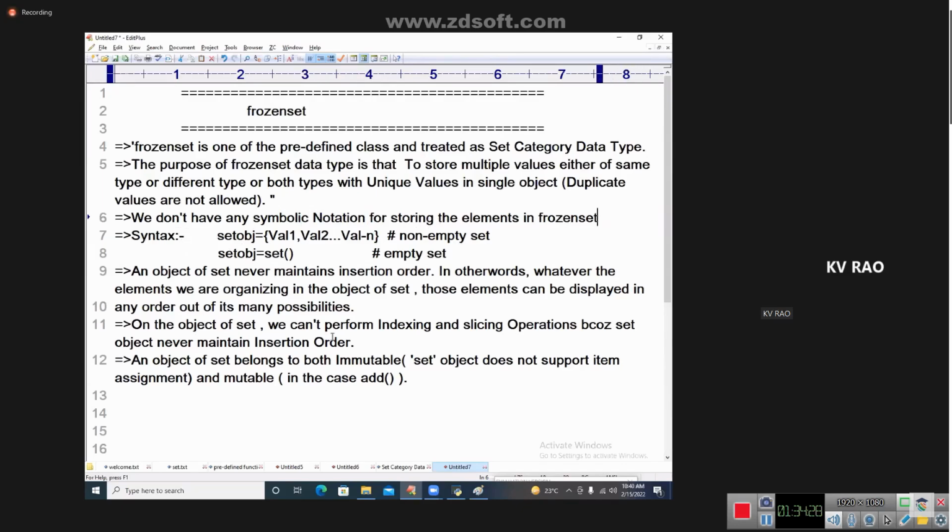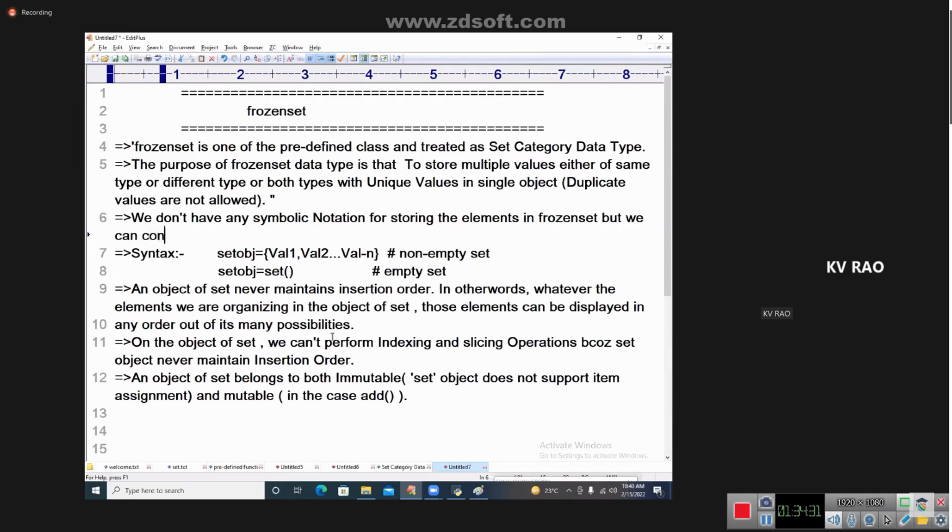But we can convert any collection type. We can convert tuple, list, set type elements to frozen set by using the frozenset() function. What is that function syntax, sir? Frozen set object is equal to, I can write it, my dear students, frozenset of,